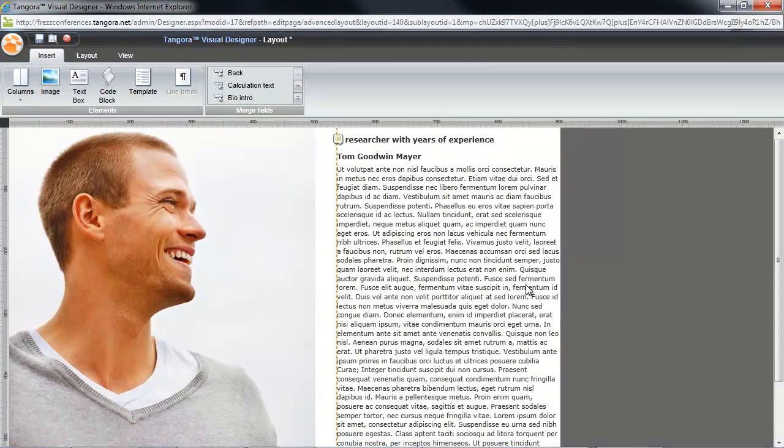I'm not going to worry about the space around my layout because I can set that in my Lightbox settings, which I'll cover next. Now I'm going to show you how to set up your Lightbox. The Lightbox technology is available in various contexts in Tangora, I'd like to mention, and what I'm showing here is just a useful example specific to database list page setup.